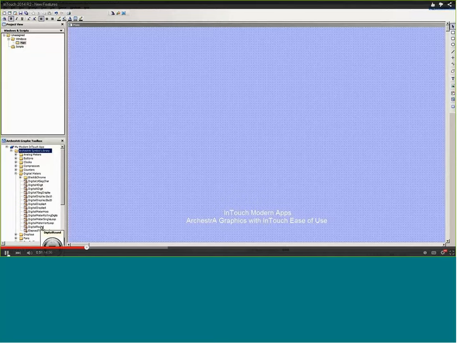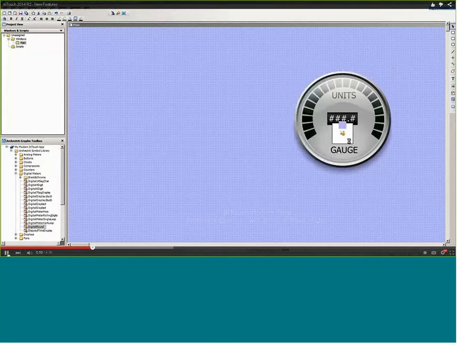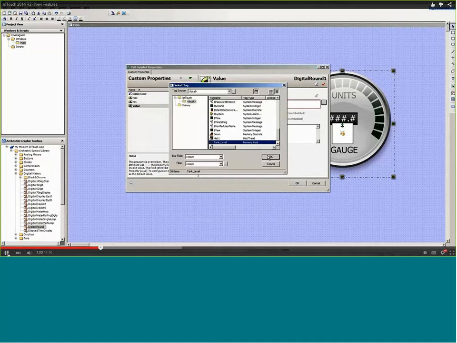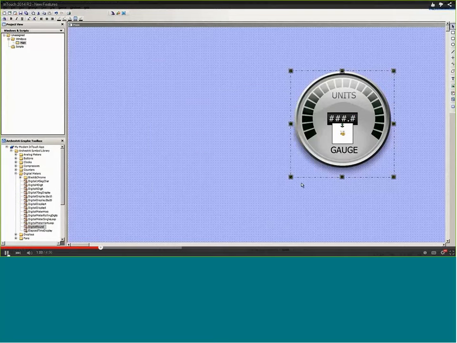inside of Window Maker. So that includes the Archestra symbols, the Situational Awareness Library, and I could import the Water and Wastewater Industry Pack as well if I wanted to. That's a free download. I can send you a copy of it, or you can download it from the Wonderware Tech Support website. So what I'm doing here is I'm just linking an Archestra graphic to an InTouch tag name,